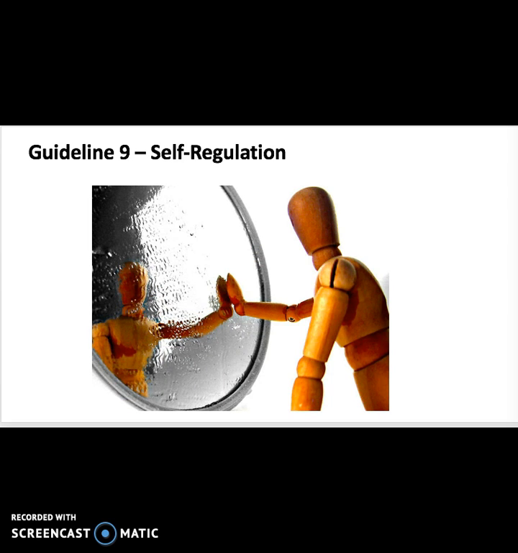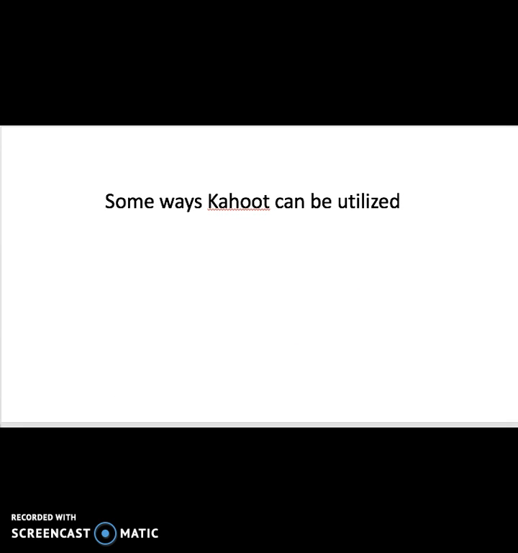The last and final guideline of UDL is self-regulation. The competitive nature of Kahoot can optimize motivation for students. The teacher can facilitate self-regulation by helping students manage frustration and use Kahoot activities to help them improve in areas that they are struggling in. This comes in handy because Kahoot isn't a graded assignment and can be utilized as more of a fun game or competitive outlet for the students. Because of the immediate feedback, students should be able to self-assess and reflect on their answers. They can also see where they are in regards to the rest of their classmates, as well as in regards to the learning objectives.